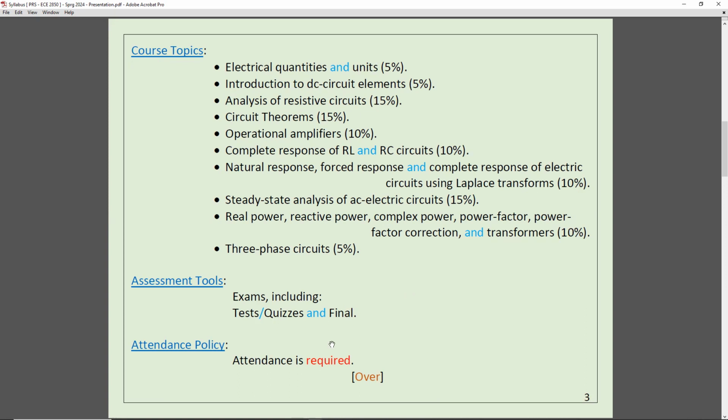Attendance is required. For sure today I'm not going to take attendance because the school is already closed. But during the normal working days, when the school opens, I will take attendance